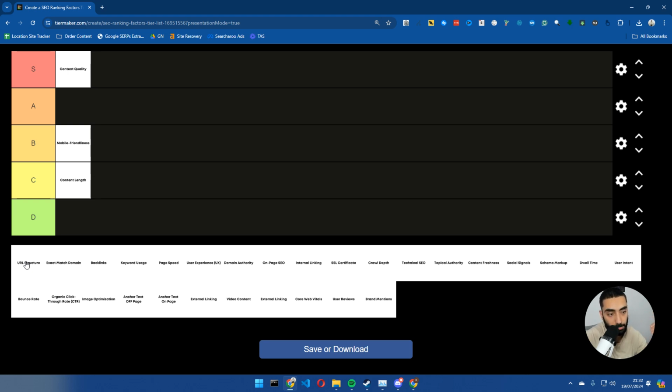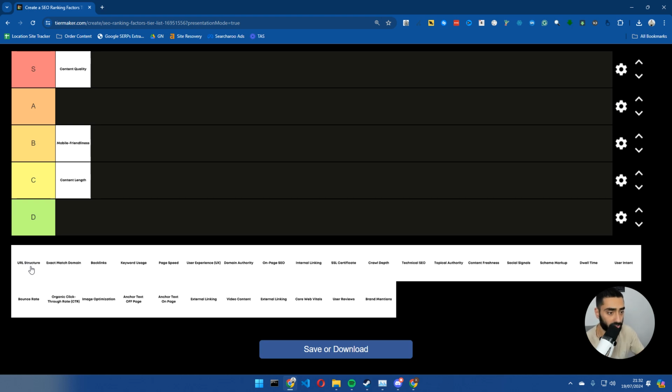For example, if you take a look at NerdWallet, they do a really good URL structure on their website, where if you are in the credit card silo, it's nerdwallet.com/credit-cards/ the blog you're looking at.